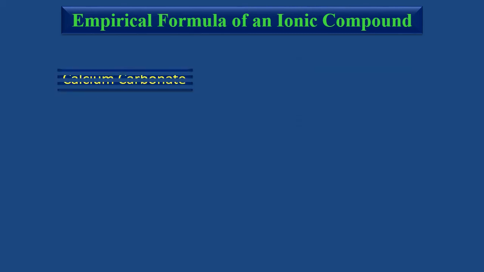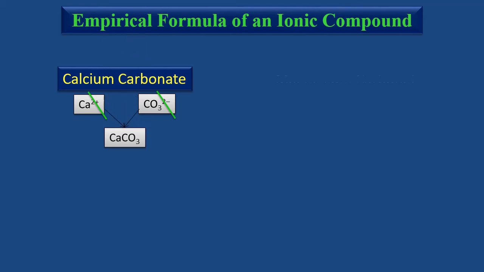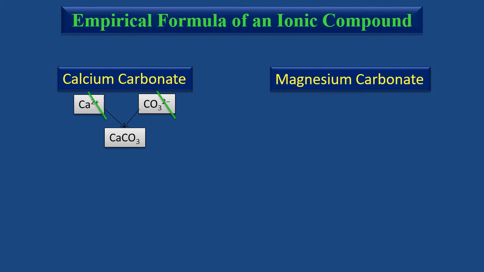For example, calcium carbonate. The formula of calcium ion is Ca2+ and that of carbonate ion is CO3 2-. Their valencies are same and cancel out each other, so we are left with CaCO3. Likewise, magnesium carbonate, magnesium ion is Mg2+, this is carbonate, valencies are cancelled out and we are left with